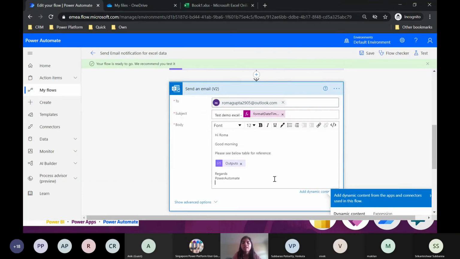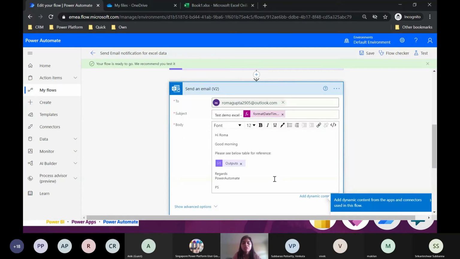One thing that I would like to highlight is you can always write a PS or a note in case this is an automatically generated email, so that if this is not for personal use, a note is written so that everybody knows that this is not you but a Power Automate template, because the content of the table might change and the actual status would not be affected. So people can always ask you those questions. You can always say, this is automatically generated. Sorry about the typos.